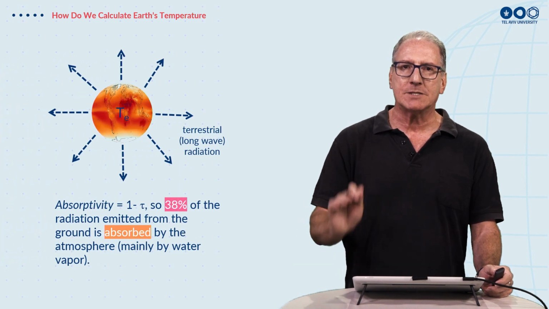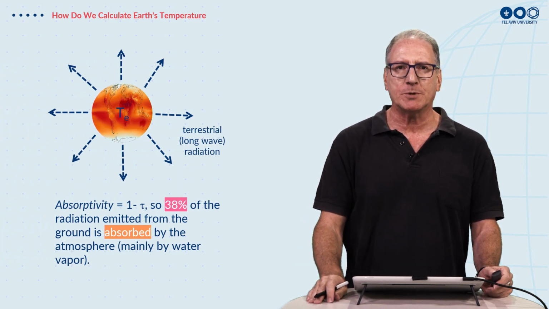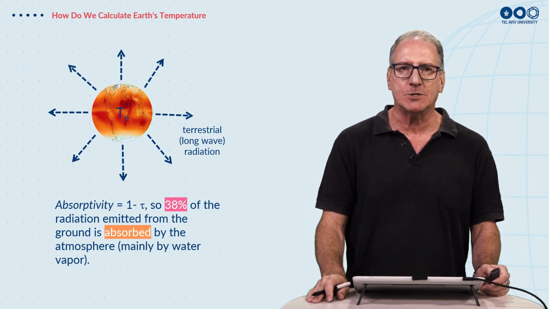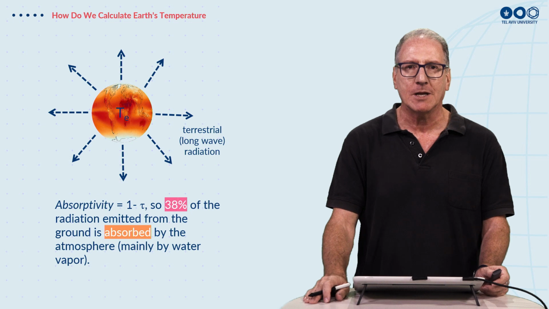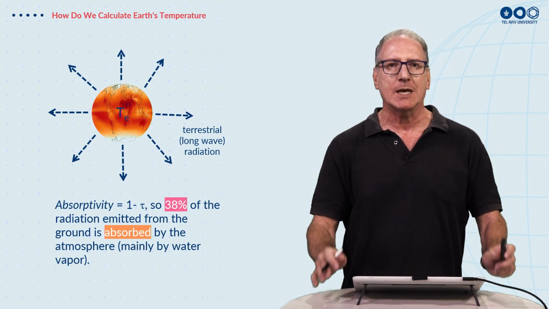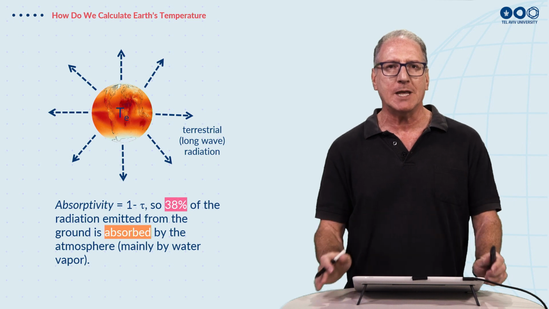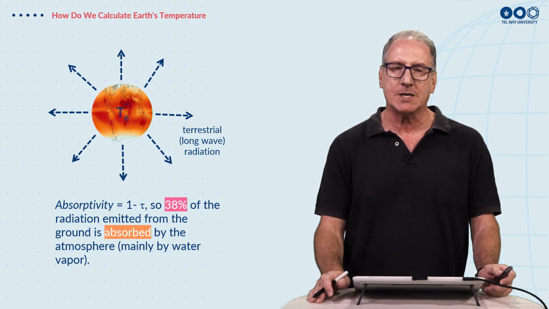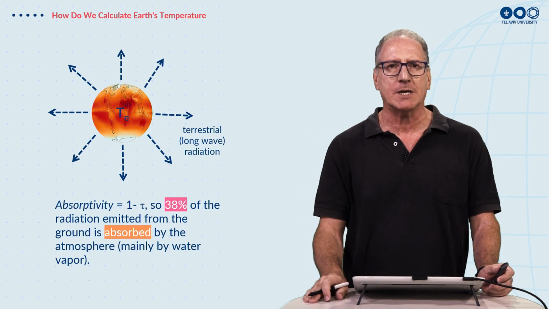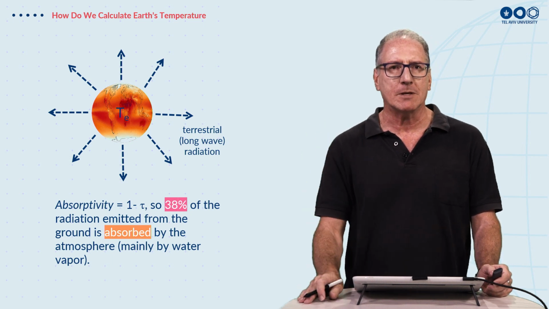And 1 minus tau represents the absorptivity, how much gets absorbed in the atmosphere. 1 minus 62% is 38%. And so 38% of the radiation leaving the surface of the Earth gets trapped and absorbed in the atmosphere by the greenhouse gases, mainly by water vapor, but also by the other greenhouse gases, and warms up the climate